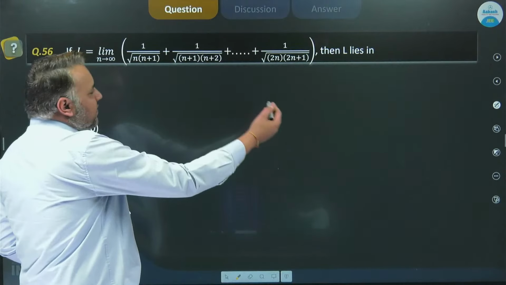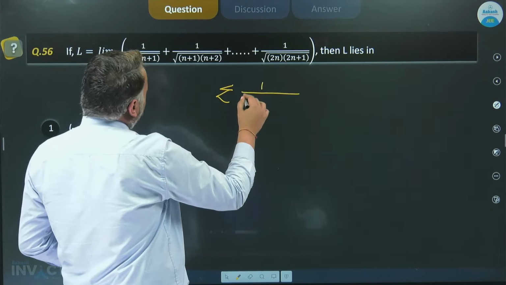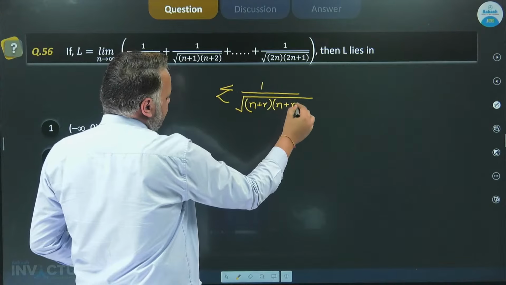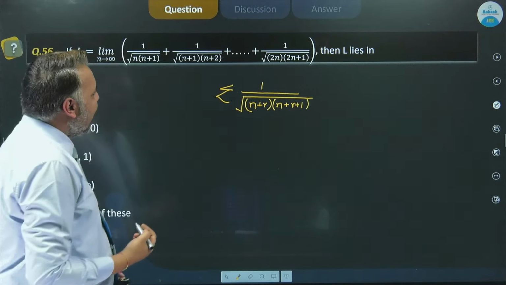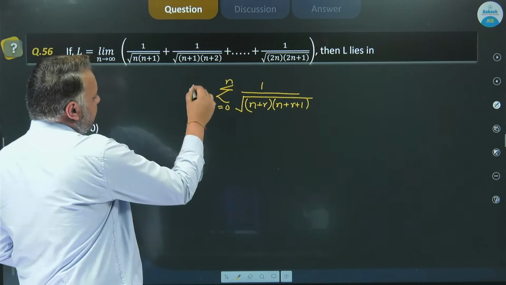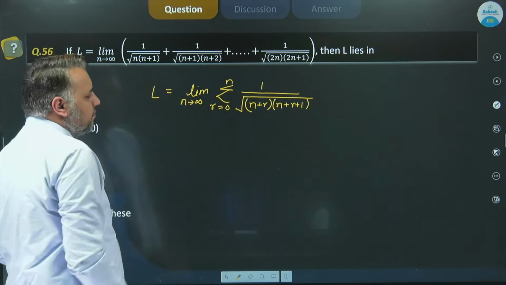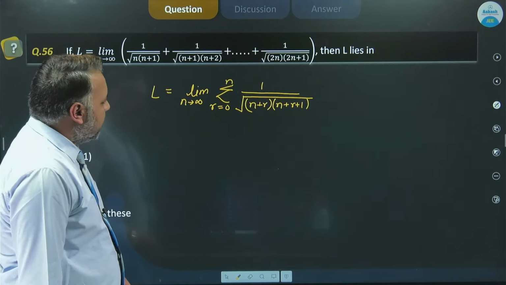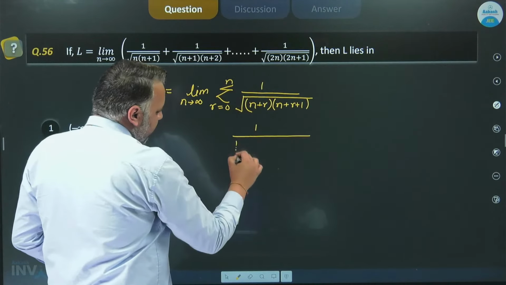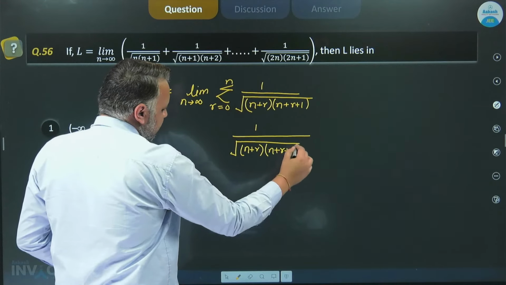Okay, if we write the general term here, this is summation of 1 divided by under root of n plus r multiplied by n plus r plus 1. Now r moves from 0 to n, and then we have to apply limit n tends to infinity. This is given as n. We have to calculate this. Okay, we can see that 1 divided by root of n plus r into n plus r plus 1